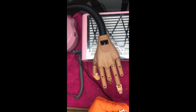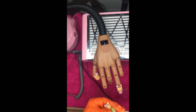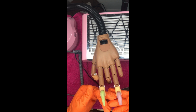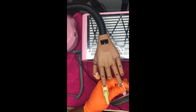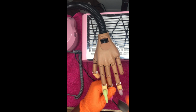So I kind of got a little irritated here because the nail kept coming off. So I just held it in my hand and filed it to the best that it could be. Then I went back to the square nail just to make sure that it was even and smooth on the